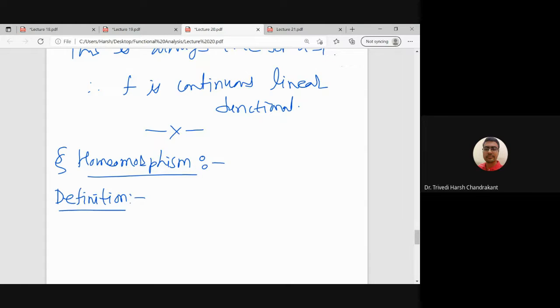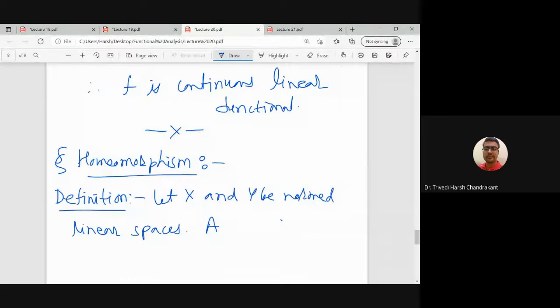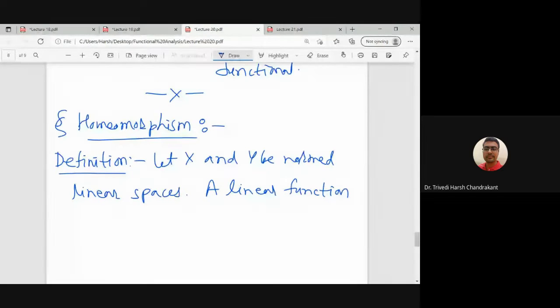So again, for continuity, we need to assume normed linear spaces. Let X and Y be normed linear spaces. A function f from X to Y is called a homeomorphism